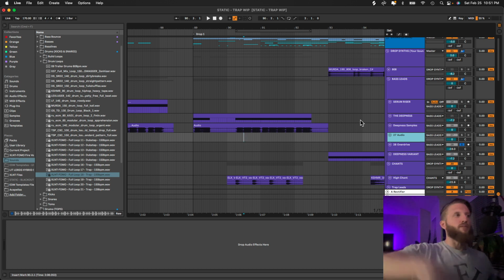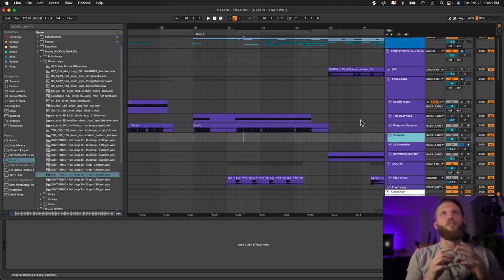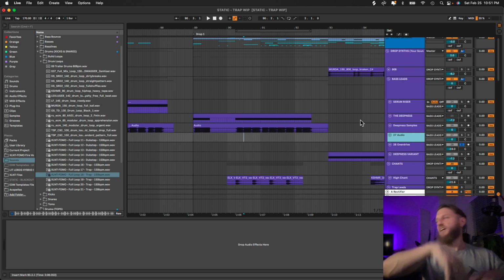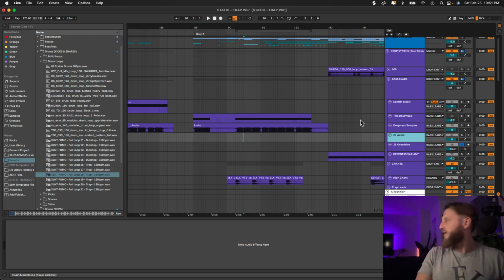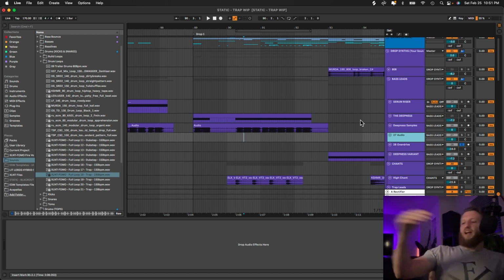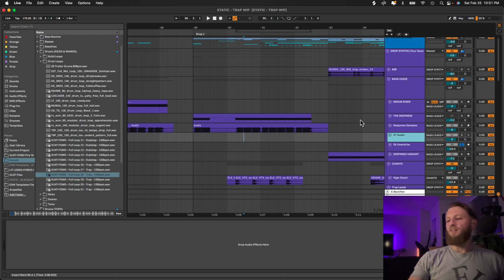Like change the wavetables, change the LFOs, put Rift on it, do this, do that, put a new chain on it. You don't have to have 300 different presets. That's just going to give you too many choices, and you're going to be like, well, there's probably a better preset in this pack. And there probably is. But you finding the perfect one versus you getting creative and making your patch fit into something else